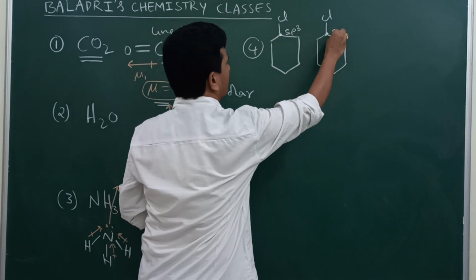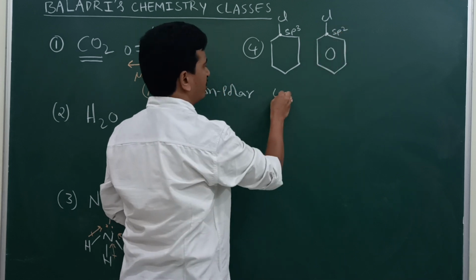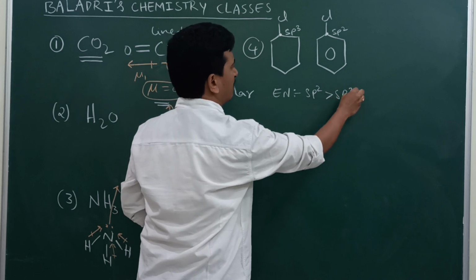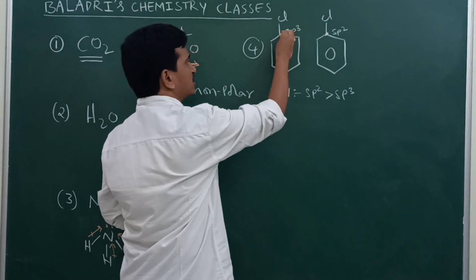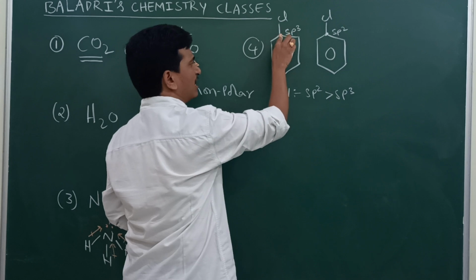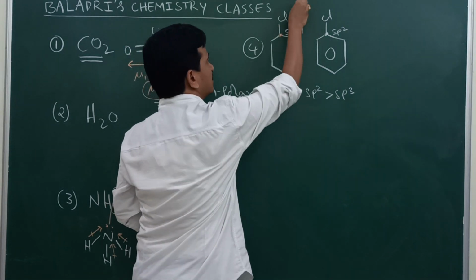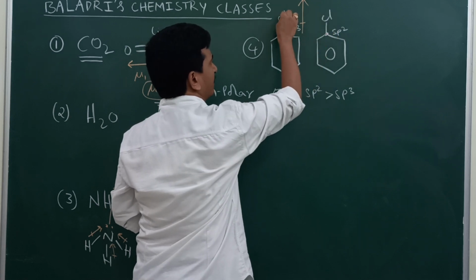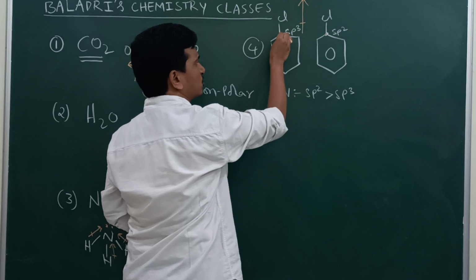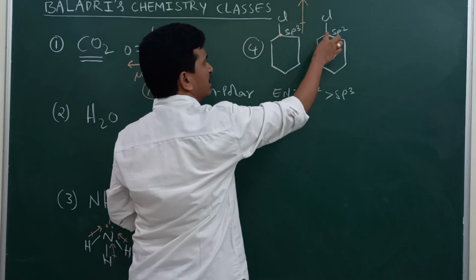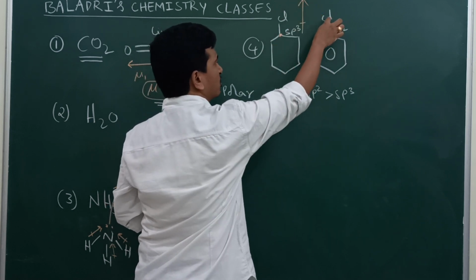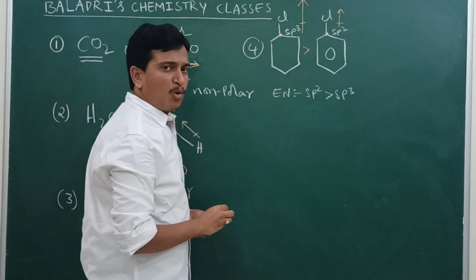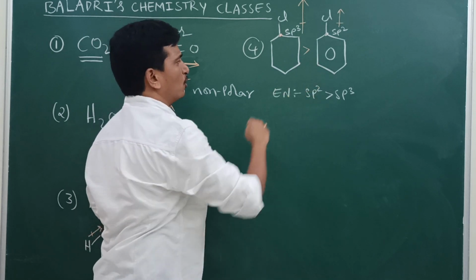hybridization and this carbon has sp2 hybridization. We know that the electronegativity of sp2 carbon is more than that of sp3 carbon. So here this carbon is less electronegative, so the charge difference will be more here. This carbon is more electronegative. In both cases chlorine is there. Here chlorine is more electronegative and sp3 carbon is less electronegative, so the electronegativity difference will be more. Here this carbon is more electronegative, so the electronegativity difference will be less. That's why cyclohexyl chloride will have more dipole moment than chlorobenzene.